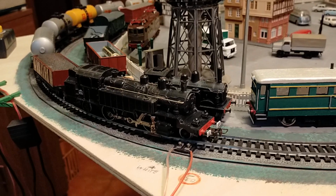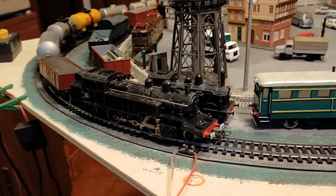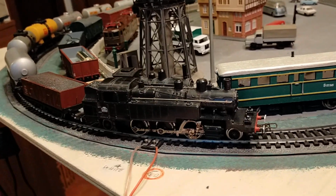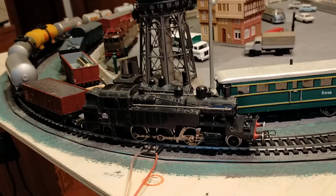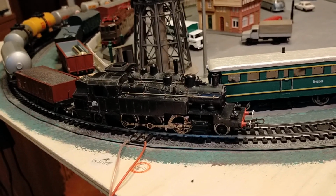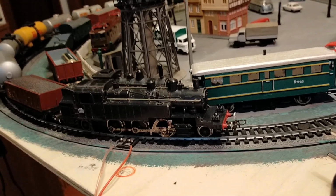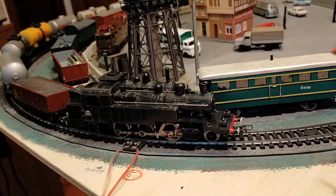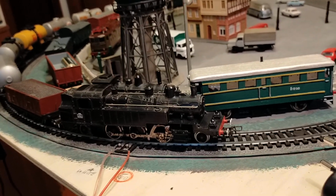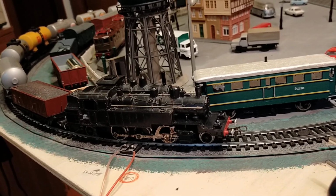Absolutely, I agree. But it's a noisy locomotive. It's really noisy. It's not so controllable. You can crawl. Yes, you can do a crawl, but it sort of bursts into life. It starts accelerating quite quickly. But this is a very interesting inroad of British Hornby onto the European continent in acHo scale. In fact, it's Hornby acHo and not the double O. So it's a very interesting what-might-have-been situation if